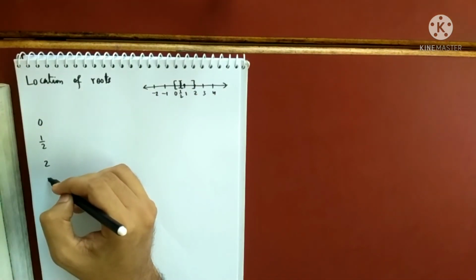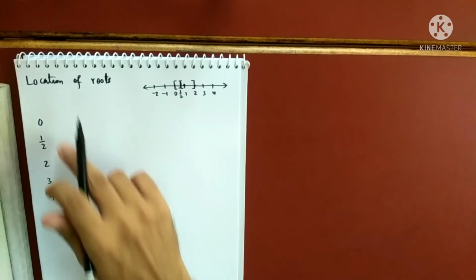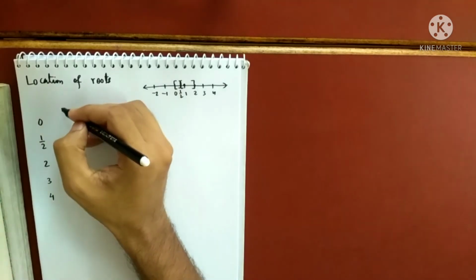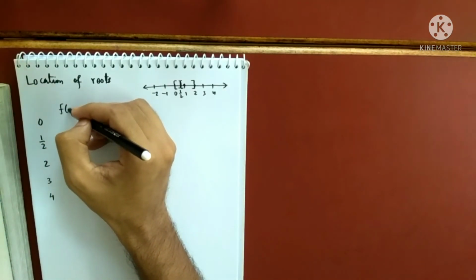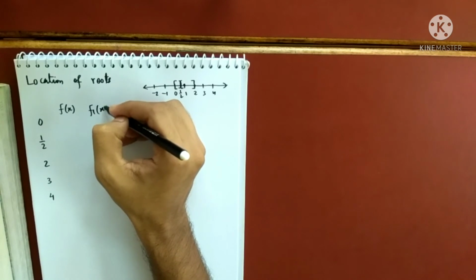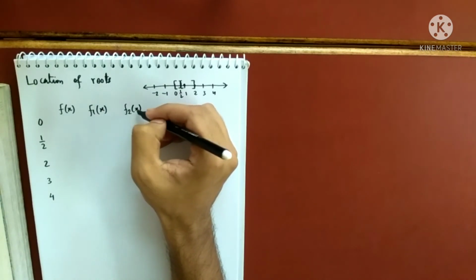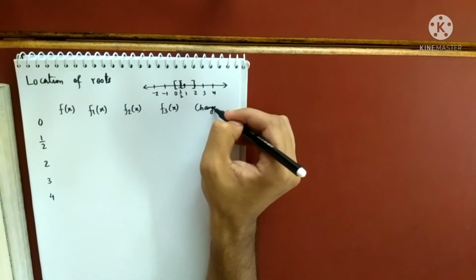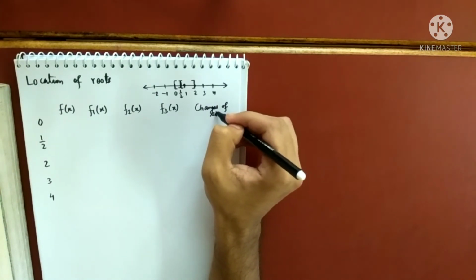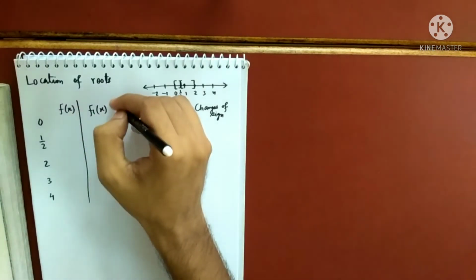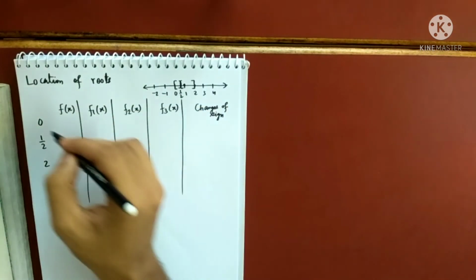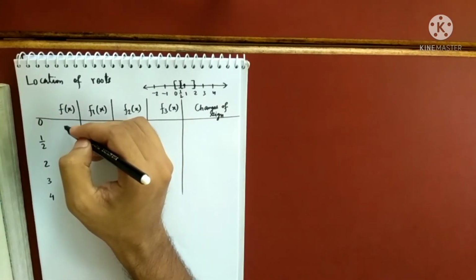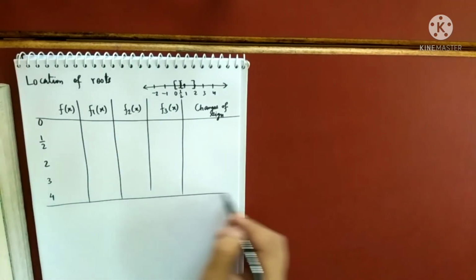Maybe let's take 2 to 3, 3 to 4 and check. If all the roots are coming in these subintervals, alright. Otherwise I'll take 5, 6, 7, 8 and so on. And I have to take again f(x), f1(x), f2(x), f3(x), and again check the changes of sign. So we have to see the changes in sign, so please check the signs, okay? That will take us some time.